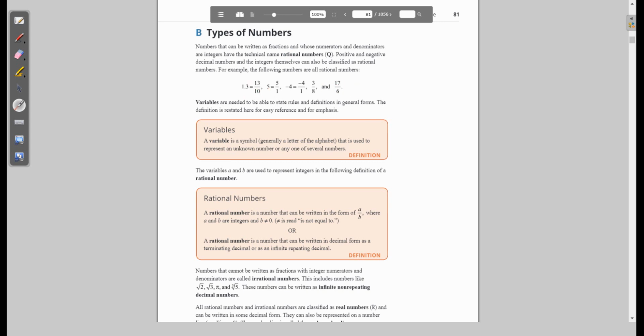Okay. So variables are needed to be able to state rules and definitions in general form. The definition is restated here for easy reference and for emphasis. So a variable is a symbol, generally a letter of the alphabet, that is used to represent an unknown number or any one of several numbers. All right, so variables, real quickly,